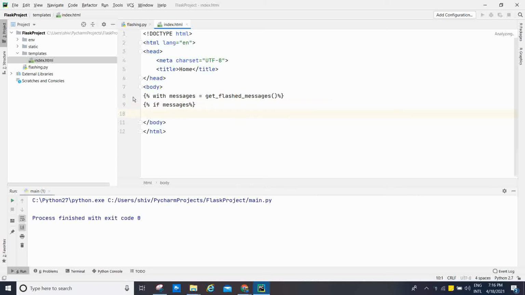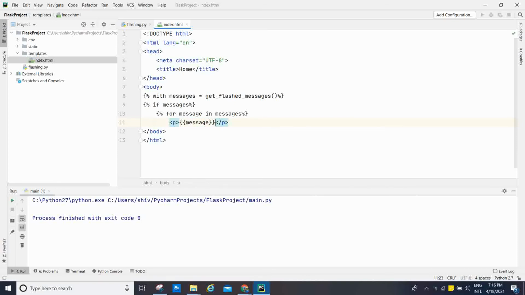If the messages are there, then we have to display all the messages. For that we have to use a for loop: percentage for message in messages, percentage close, enter, and then I'm going to use p and display the message.